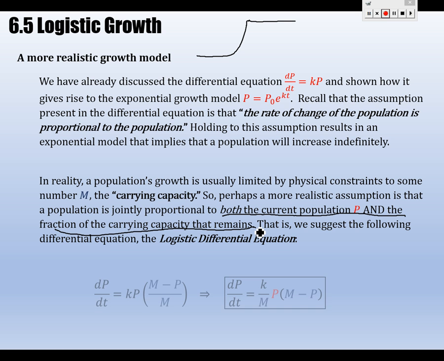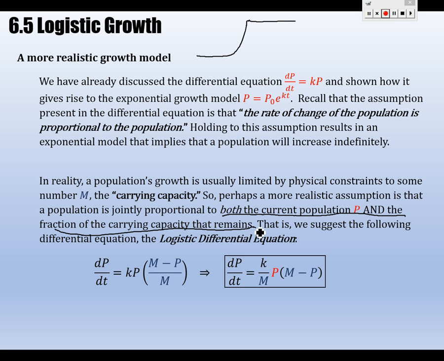So here's the logistic differential equation. See if the thing I underlined in words matches what this says in the equation. We have the rate of change of the population is proportional to the population's current size, right? That obviously affects the rate of change. We want dP/dt to go up, don't we, if P does? So that's what's happening here. That makes that happen. But we also want it to go down if we get close to the carrying capacity,